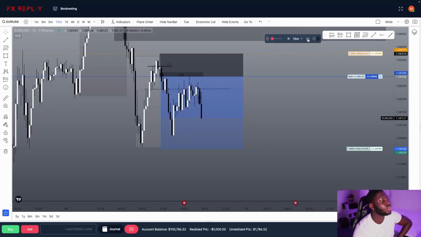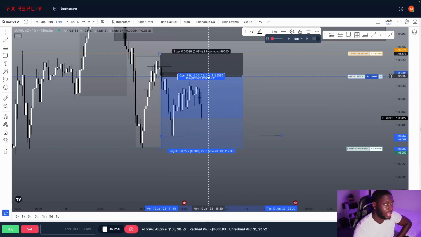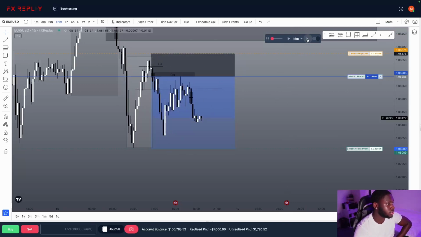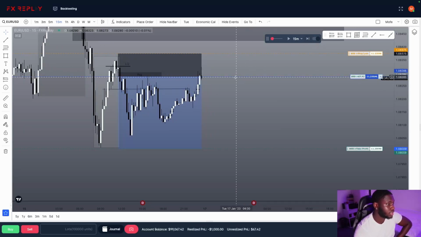If you are somebody that wants to incorporate break evens in the strategy, you need to see price break the low or the move that caused the pullback, then move to break even. But honestly, I feel like this strategy works best when you don't move to break even or you just don't do anything. But let's see what's going to happen. We could still get stopped out. I'm not going to move to break even. Now, price is back at break even at 12 o'clock. I am just going to leave it for the sake of this trade.